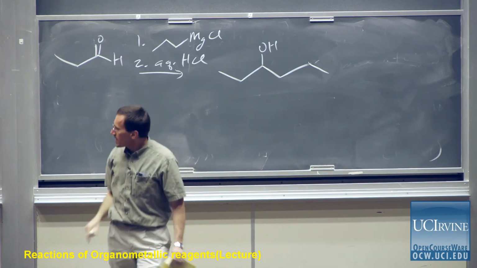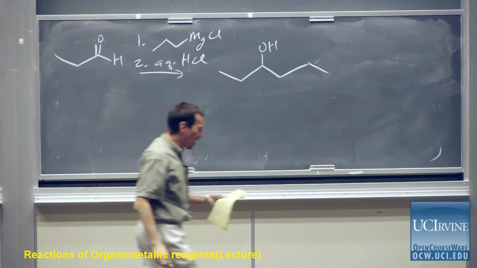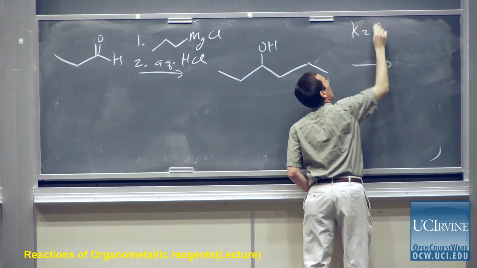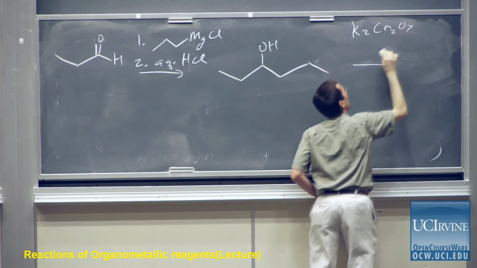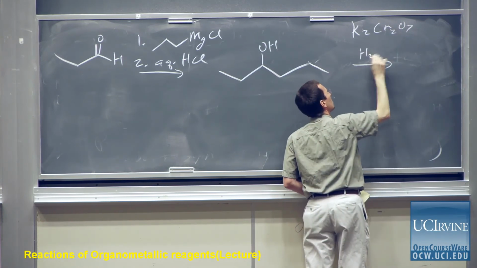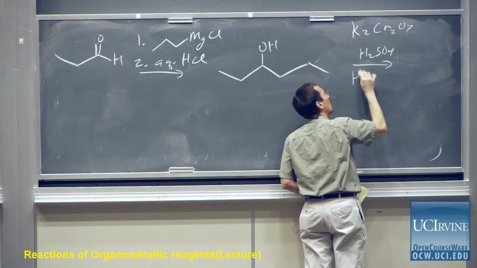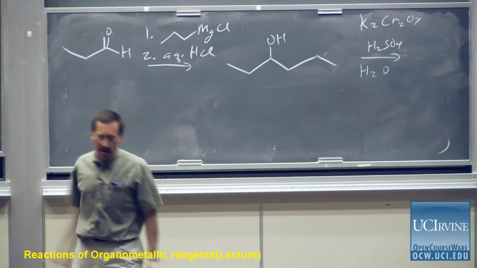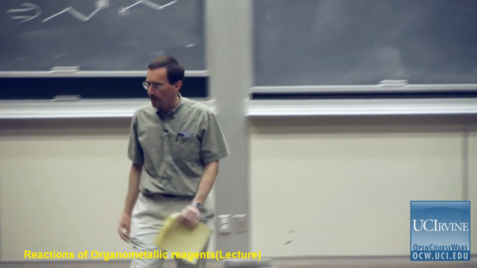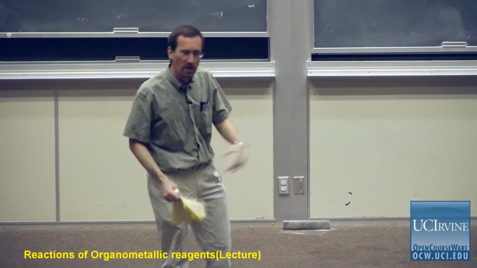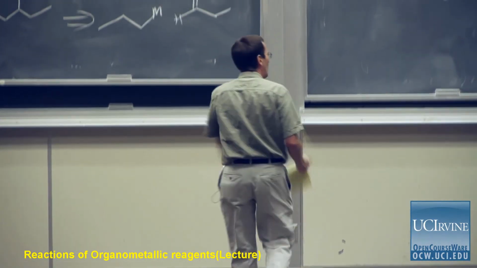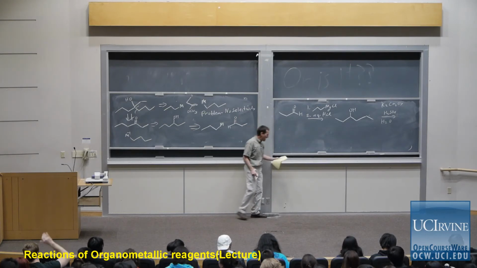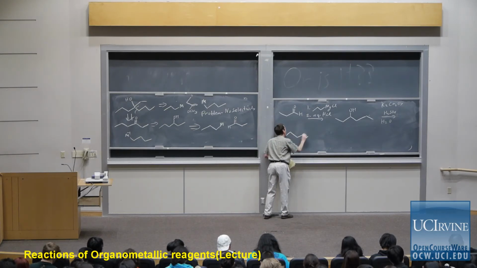I now am ready to oxidize my 3-hexanol. You learned lots of reactions last quarter for oxidation. They taught you potassium dichromate in sulfuric acid and water, sometimes called Jones reagent. There are many, many reagents based on chromium-6: sodium dichromate, chromium trioxide. There are lots of safer alternatives, including alternatives based on bleach. But we're going to use reactions that you know, so we're going to use potassium dichromate. Then, at that point, we have our